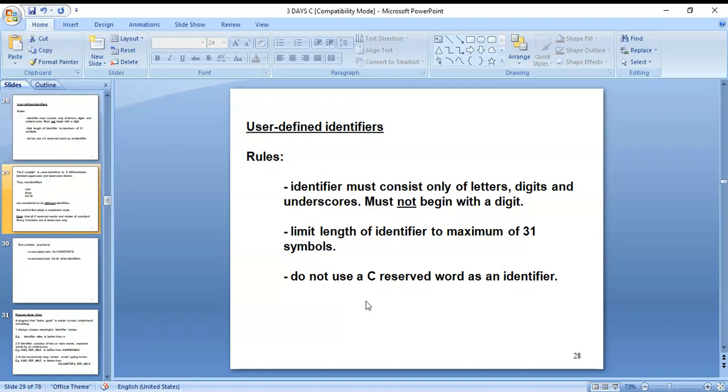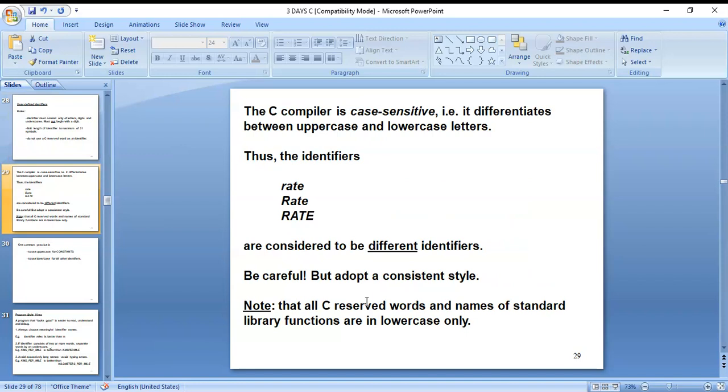The C compiler is case sensitive. It differentiates between uppercase and lowercase letters. Thus the identifiers small r a t, rate, and capital R a t are different. Whichever word you use, you must use that same word in programming.